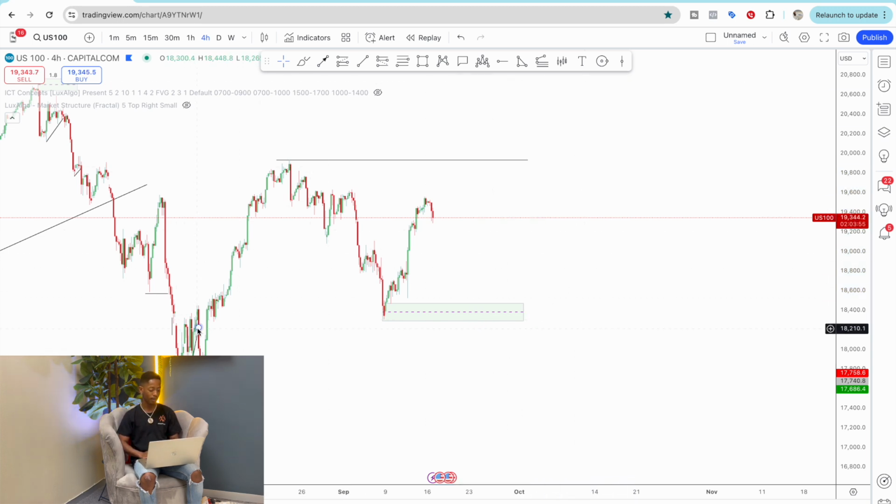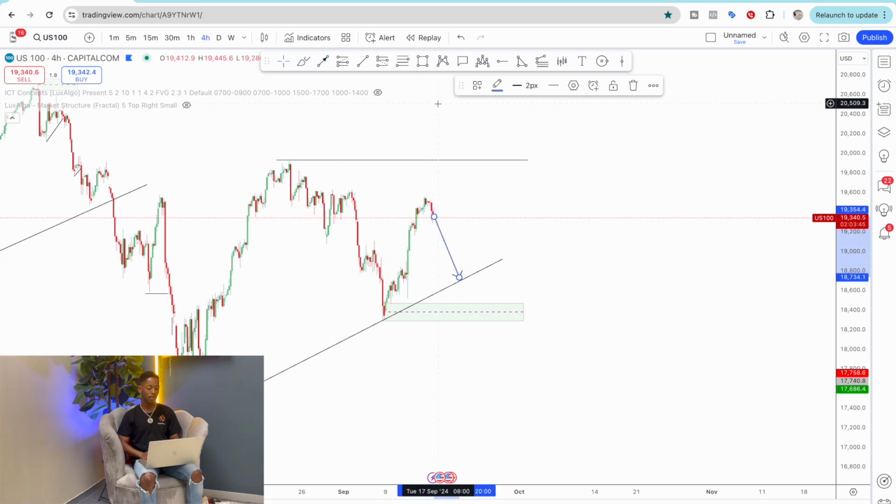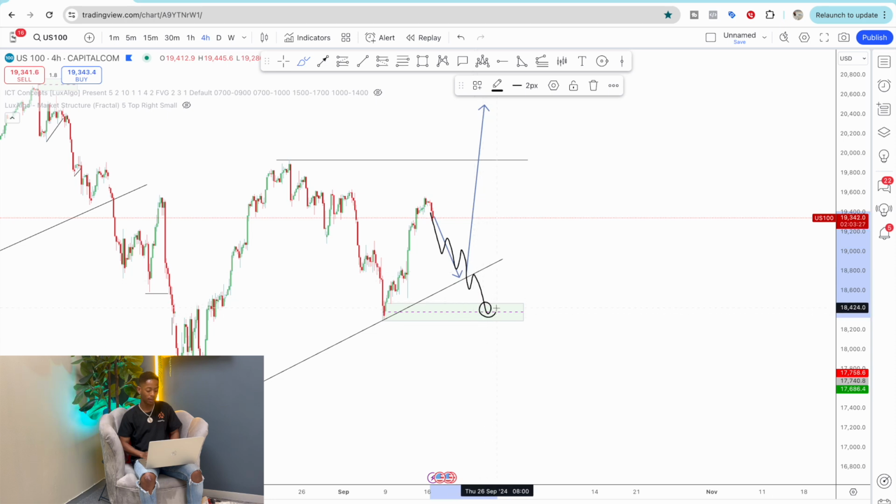But at the same time, even if I just extend this, it'll help me spot that third touch, meaning price may come here and then start going upwards, break above here and go even beyond. But this is where you might also see those fake outs, meaning price can go down, and someone thinks it's a breakout, and then it comes down here, and now it's a change of trend, then it starts going back upwards. This is something that we can see.